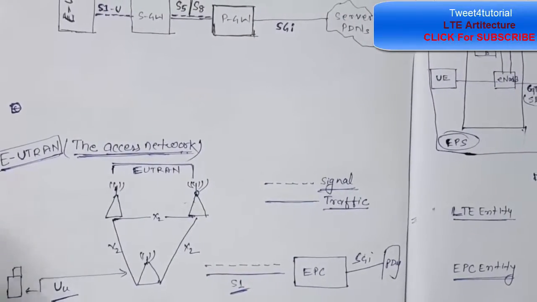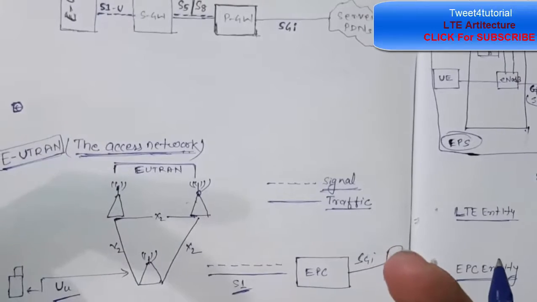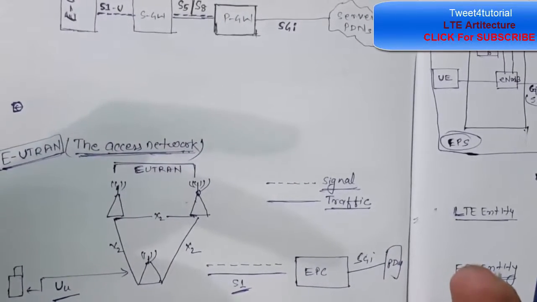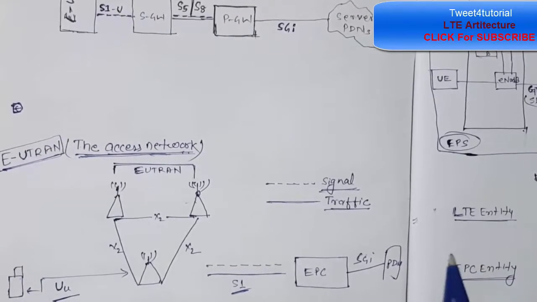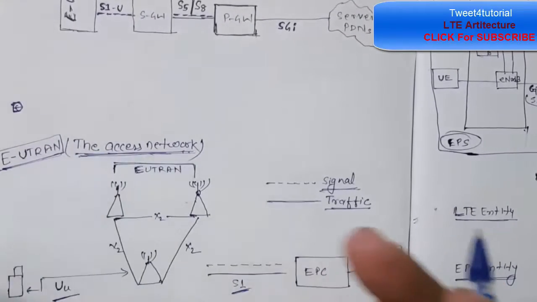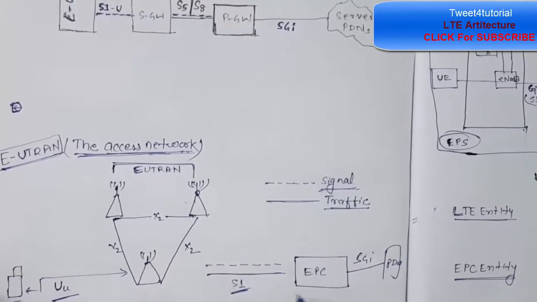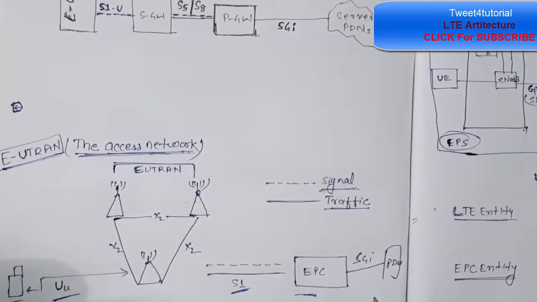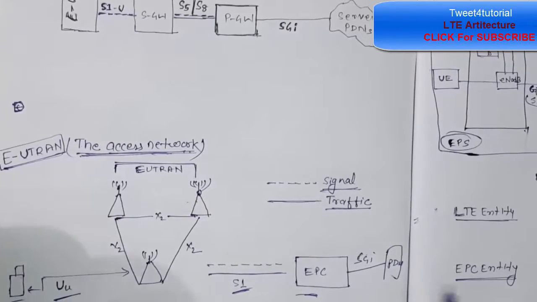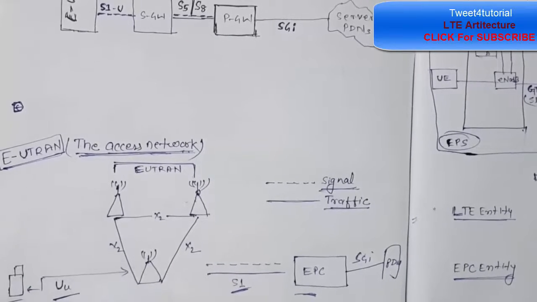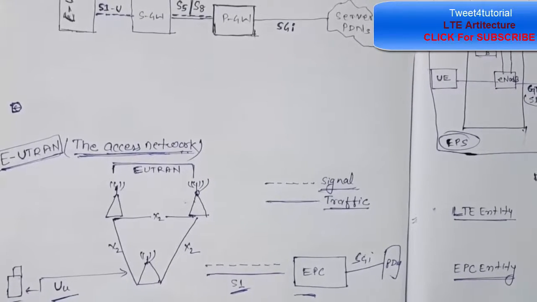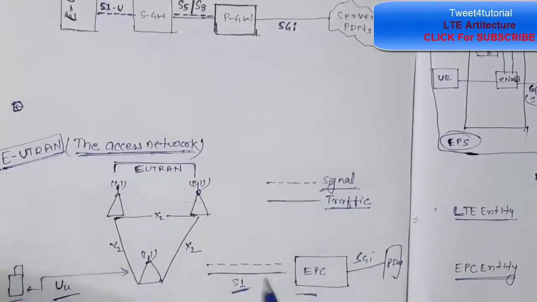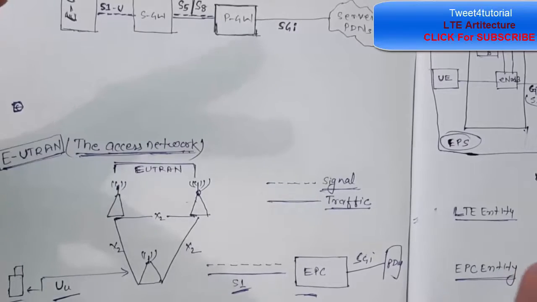This is the E-UTRAN part. E-UTRAN is the architecture of the evolved UMTS network, also called the Evolved UMTS Terrestrial Radio Access Network. E-UTRAN handles the radio communication between the mobile and the evolved packet core, and has just one component, the evolved base station called eNode B. The eNode B is a base station that controls the mobile in one or more cells. The base station communicating with the mobile is known as the serving eNode B.